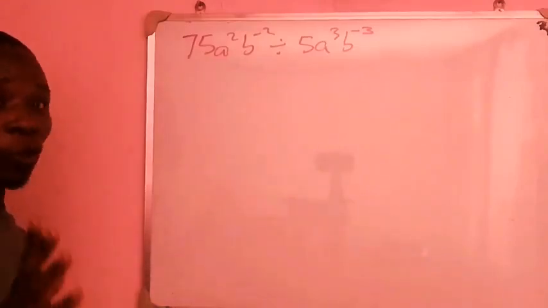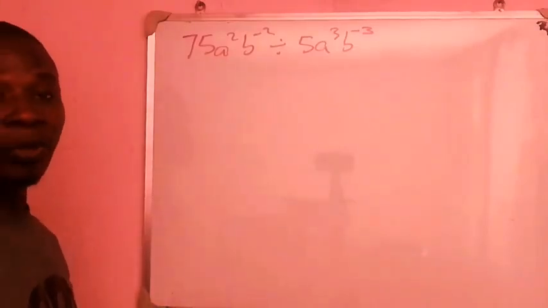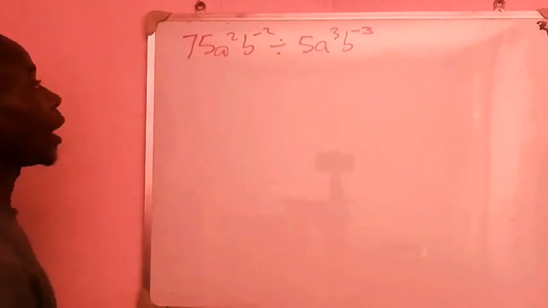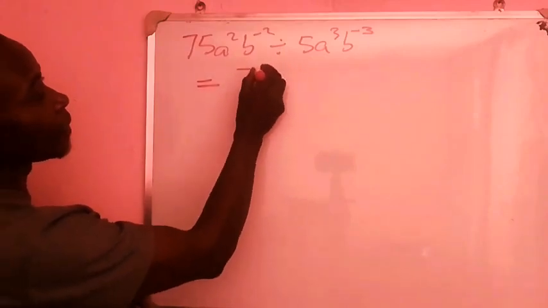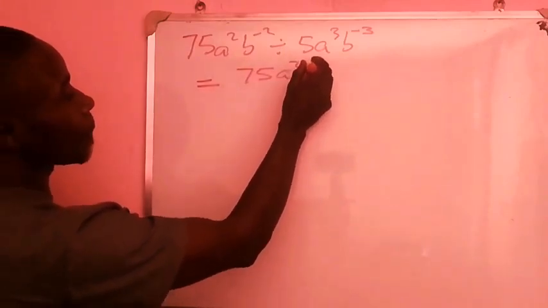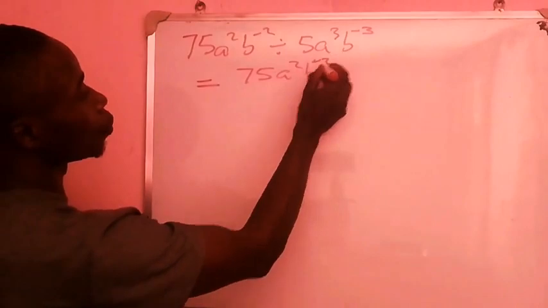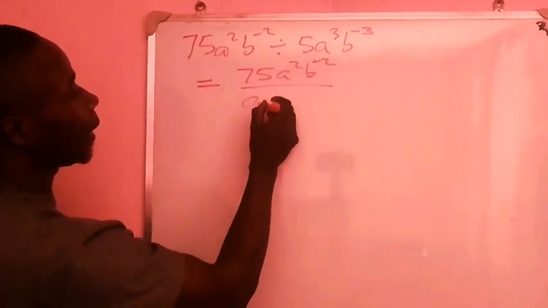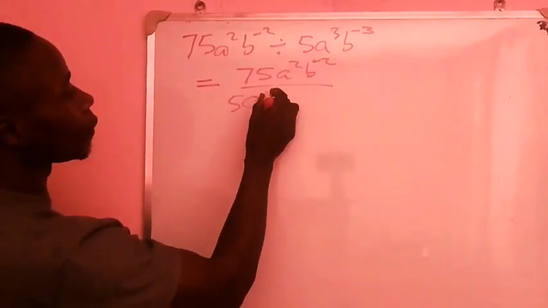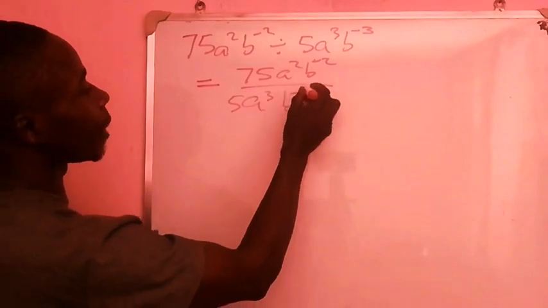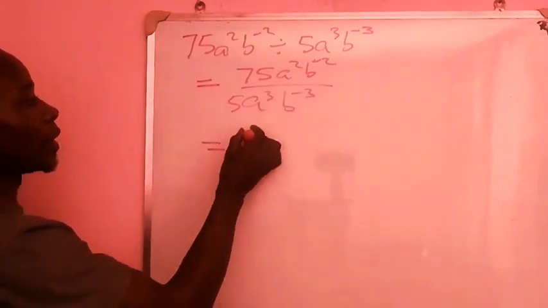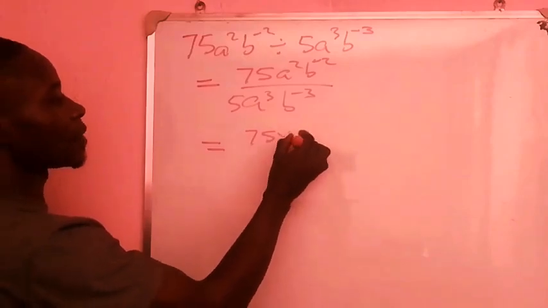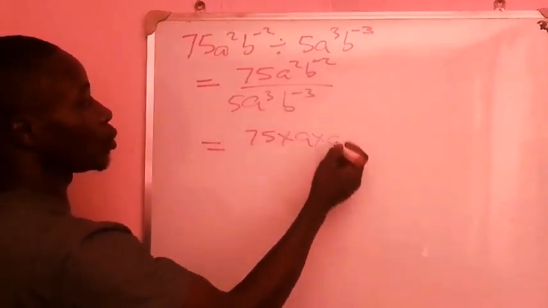For us to simplify this question, we'll be using the law of indices. We have 75a squared b to the power of minus 2, all over 5a to the power of 3 and b raised to the power of minus 3. So in this situation, this will give us 75 times a, because there are 2,